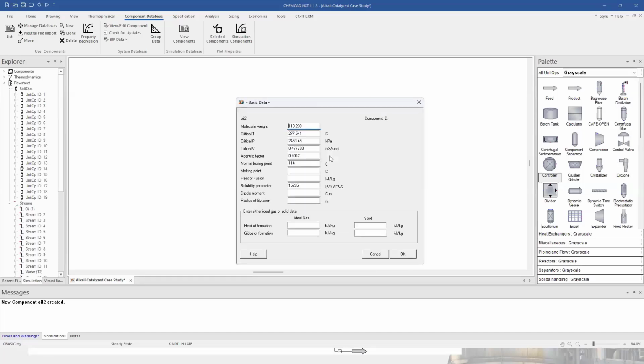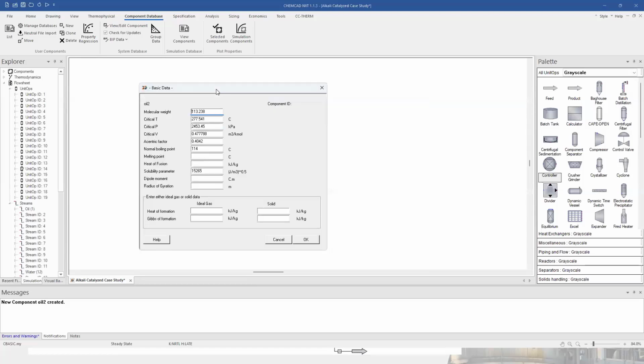And if we look at the basic data, it will calculate some of the data. This data doesn't mean it is accurate. If you want an accurate component and accurate results from your simulation, you may need to change some of this data. Especially it will calculate a molecular weight, but if you have